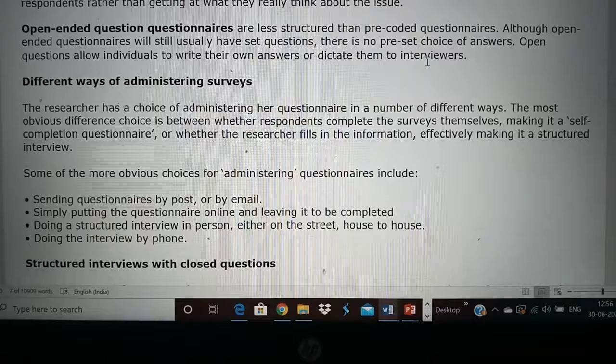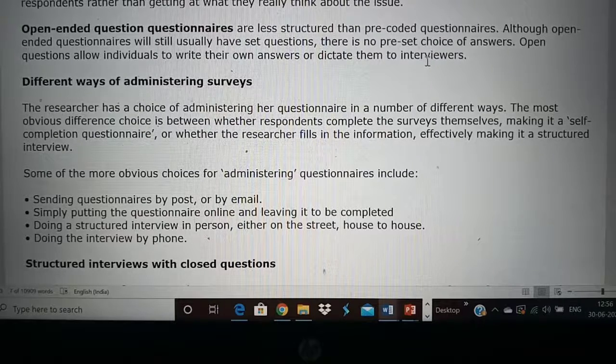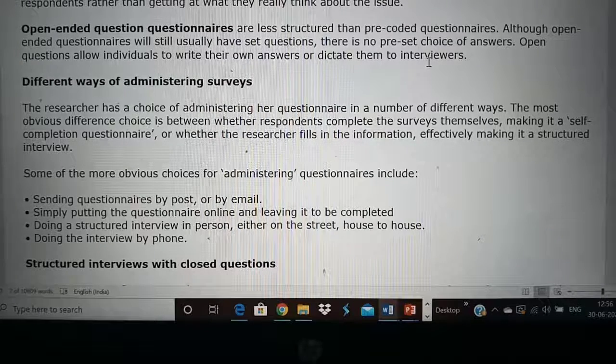Okay, then there are different ways in which you can give the questionnaires. What are the different ways? You can give a self-completion questionnaire. If an educated person is there, then you can give the questionnaire. They will themselves fill all the information and give it to you. Okay, and these questionnaires can also be sent by post, especially if you do not find samples in the city where you are living, and the samples are all in another city. Then you can send the questionnaires through post, and the people who are filling it can send it by post.